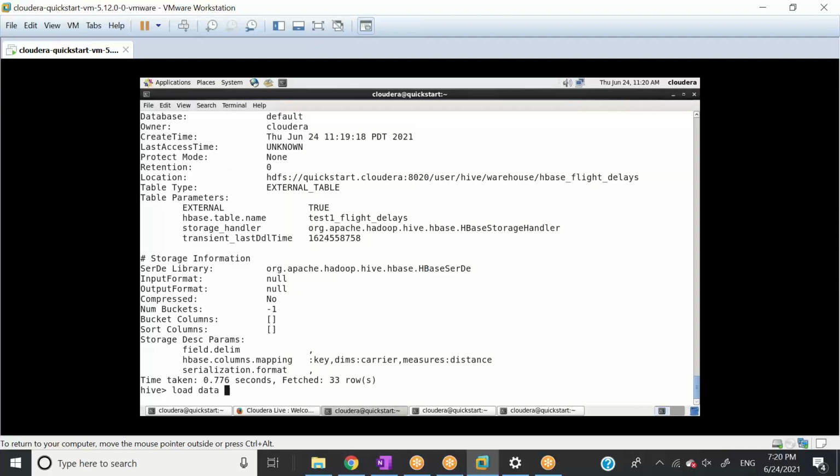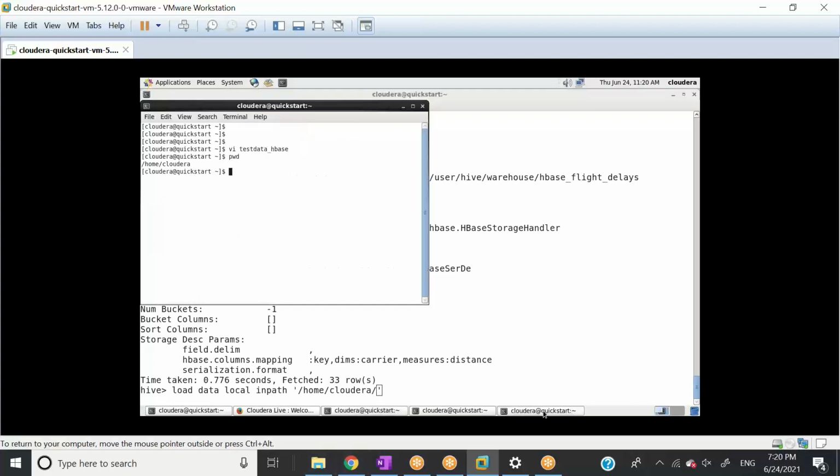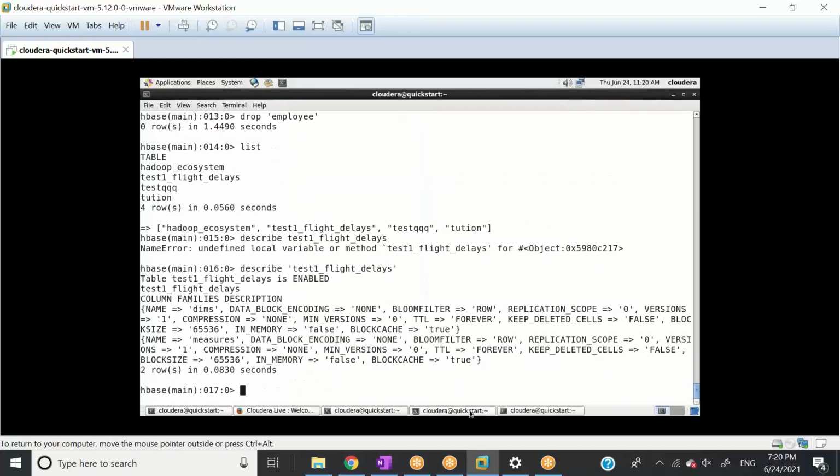So what I'll do: load data local inpath. From which path? I need to say home Cloudera. And what was the file name? Test data HBase.